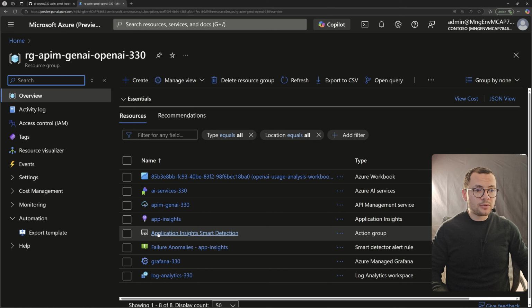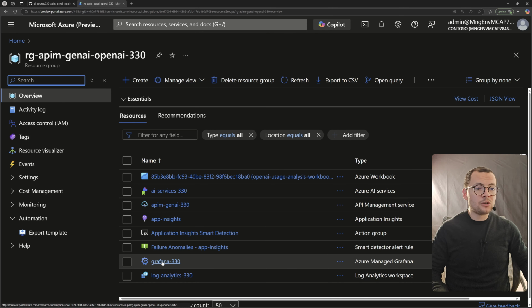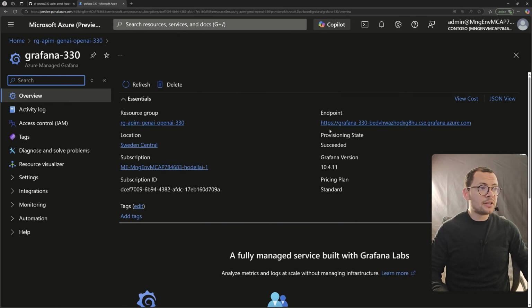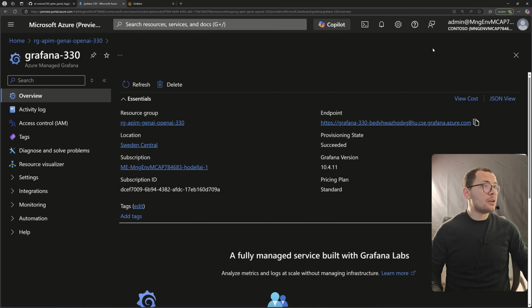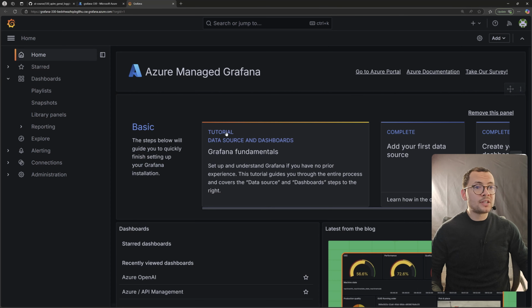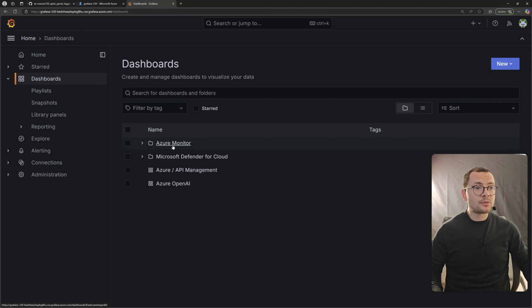So now from my Azure subscription, I should see the Grafana instance created. I'll navigate to that Grafana instance, and here on the right we can see the link for it. I click on that link, that will open a new window for me, and it should first ask me to authenticate by using my email, that is the same email used on my Azure subscription. Once I'm authenticated, I can now access the dashboards. From here you can see some existing dashboards, like from Azure Monitor and Microsoft Defender, and here you can also add or